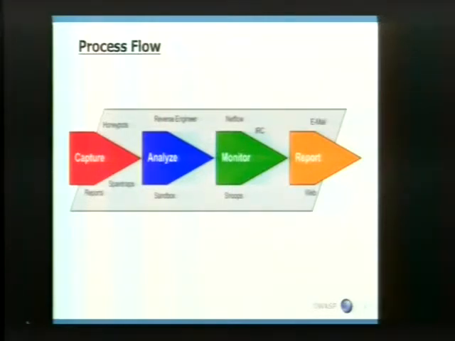So basically, our process flow for how we operate: we do a lot of capturing of malware. We have a very large malware repository. We have honeypots. We get different reports. We get malware from different partners, different organizations that provide us with samples. And we run those through one of our sandnets. We have several different sandnets, and they analyze the malware. Currently, we're using CW Sandbox, and we're also working on another method to also sandbox all the malware and get reports.